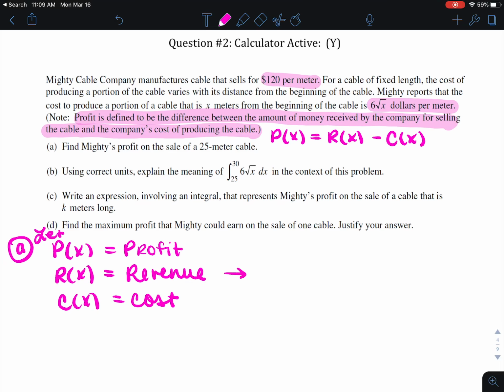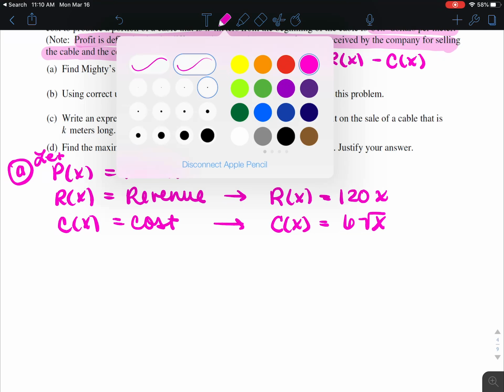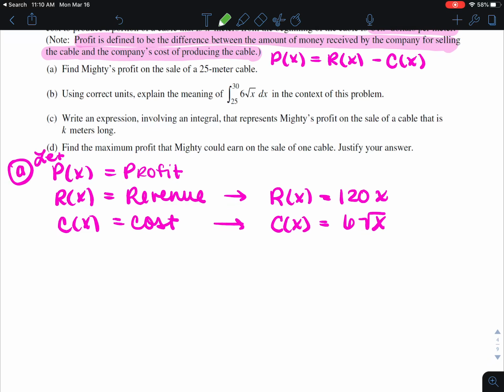And so in this case, revenue is going to be $120 per meter. And cost is going to be, what do we have here? 6 root x. Okay. And so part A says, once you define that for the entire problem, you don't have to redefine it. So it's good that you defined it, and now you can use these variables. Find Mighty's profit of the sale of a 25-meter cable. And so what we're looking for here is P of 25